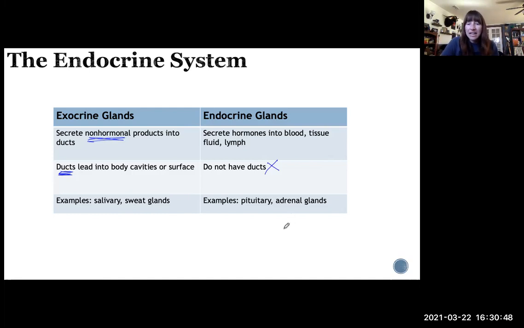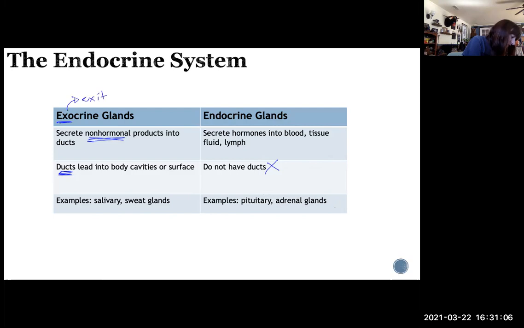Your pituitary gland, your adrenal gland, your pineal gland, all of these, which we are going to talk about today, are examples of endocrine glands. Endo as in in, exo as in